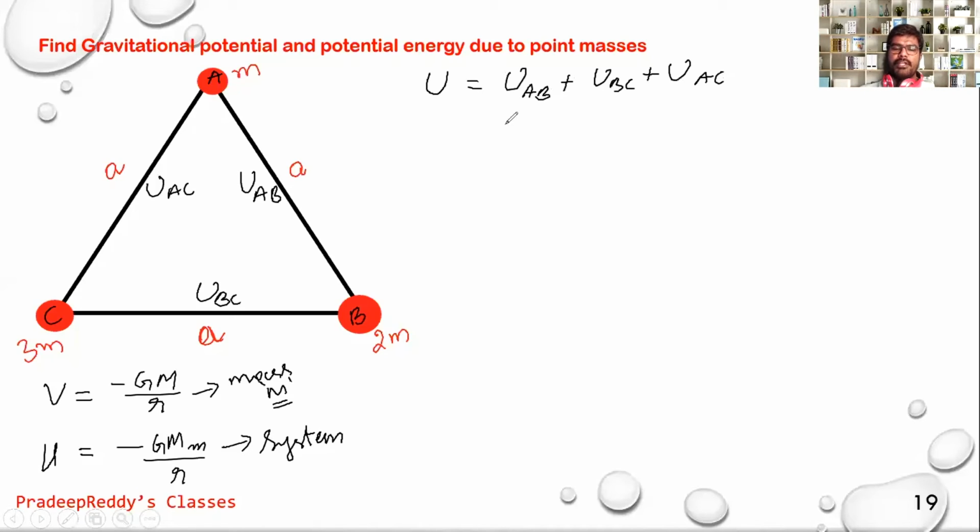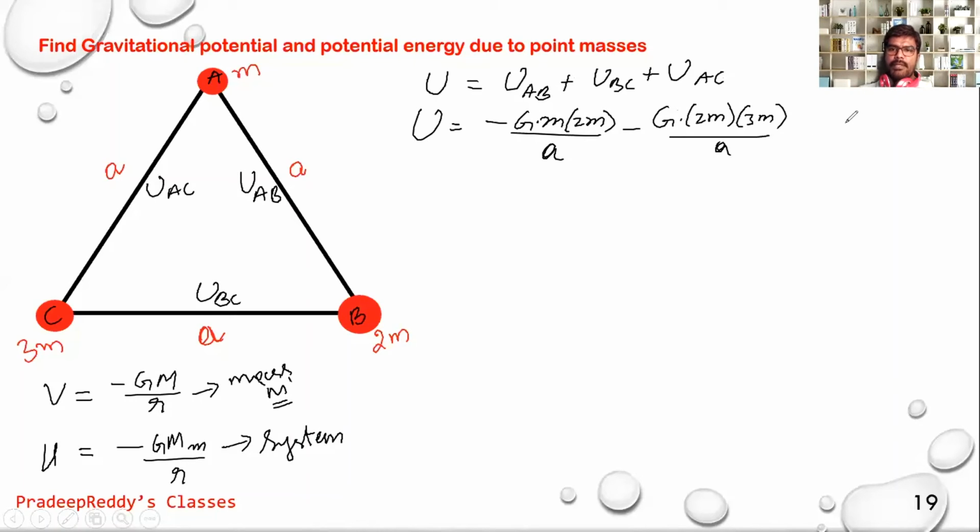So gravitational potential energy is minus UAB is G M into 2M divided by separation A, and minus UBC is G 2M and 3M divided by separation A, minus G mass 3M into M divided by A. This is equal to minus G M square divided by A,